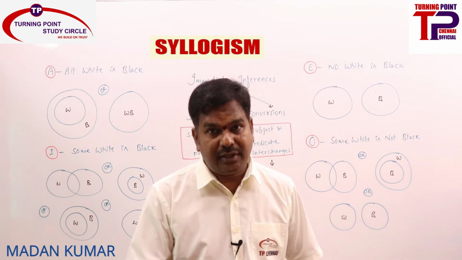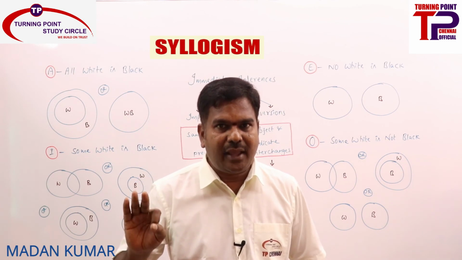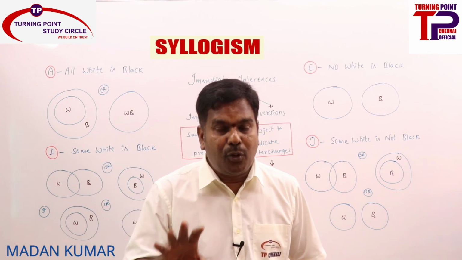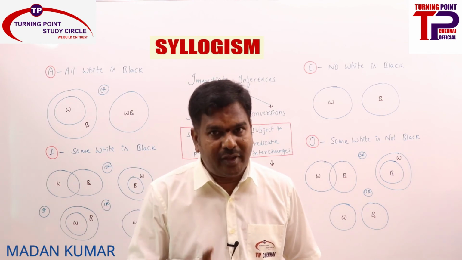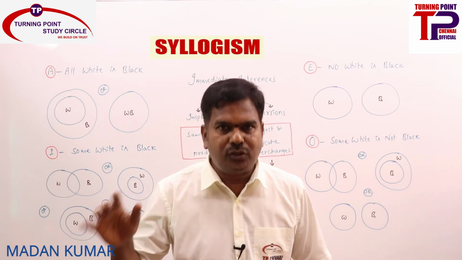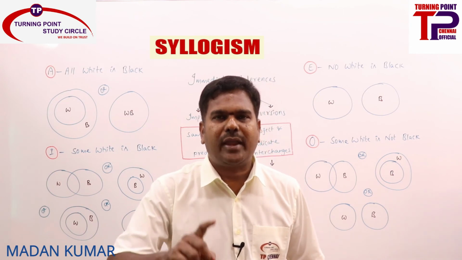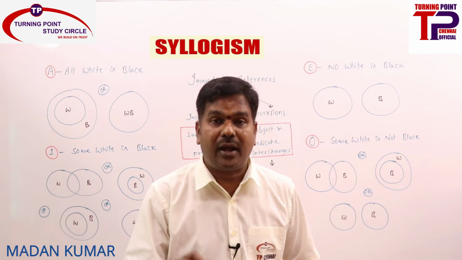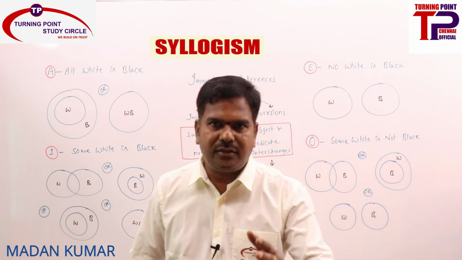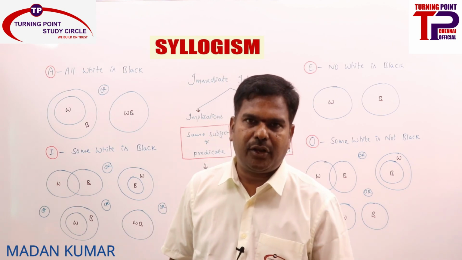That is the reason in 6 rules you have A plus E, I plus A, I plus E plus A, E plus I. Nowhere can you see O, right? O cannot be converted. You do have conclusion of O, but not in 6 rules. So that is the reason O can never be converted. Remember, O cannot be converted. That is the reason O is not coming into picture in the 6 rules.